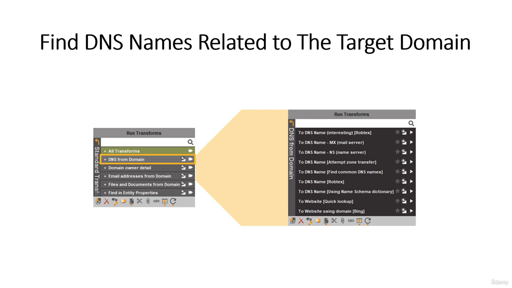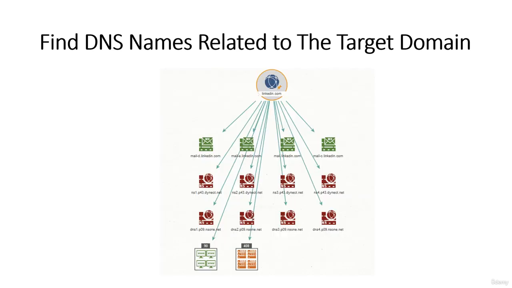Running the transform set on this domain, usually by clicking the fast forward icon, returns the result seen in the graph. For the purpose of this demonstration, we limited the number of results returned by a transform to 256. Note that there are 408 entities in the DNS name collection node, indicating a large infrastructure with a wide